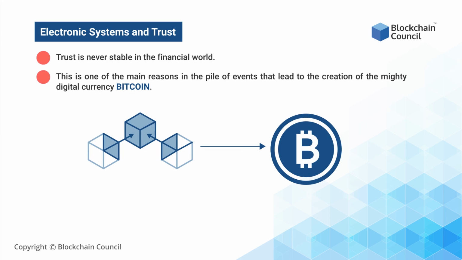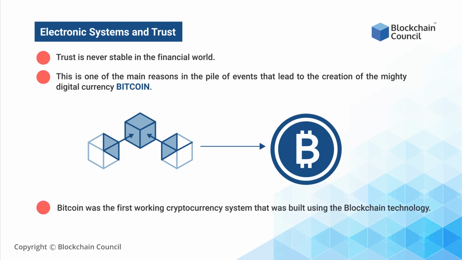It is made up of technology to build trust, specifically cryptography, which is used to deal with critical data, to automate and enforce the trust into the system. Bitcoin was the first working cryptocurrency system that was built using the blockchain technology. There were many players who tried to establish digital currency and failed. One of the many reasons for their failure was that they were unable to put a fully distributed system on the internet for the system to work.